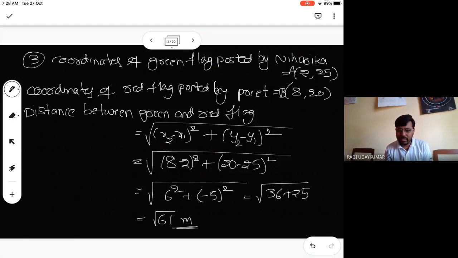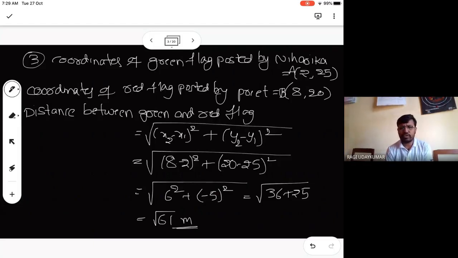If you consider 2 meters as 1 unit, there may be a chance of the question being changed like that also. Okay. So if it is given to you, the points will be 1 unit. And at last, after the answer comes, you have to multiply by 2, because 2 meters we have considered as 1 unit. If I prepare the same question and give 2 in place of 1 for the distance between the lines, there will be confusion.